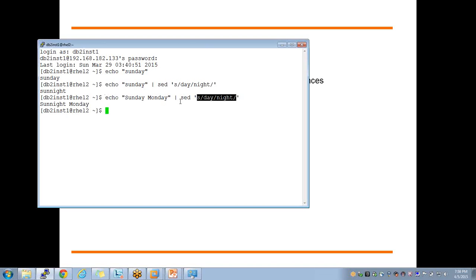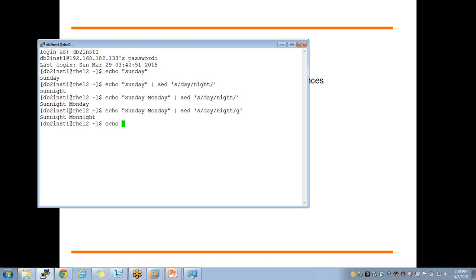In that one line, the moment it finds the day string occurrence, it will replace that with night. But it will replace only the first occurrence. It will try to go to the next line, but here there is no next line, so it will end. So if you want to replace globally, you have to say g, to replace all the occurrences in a single line.